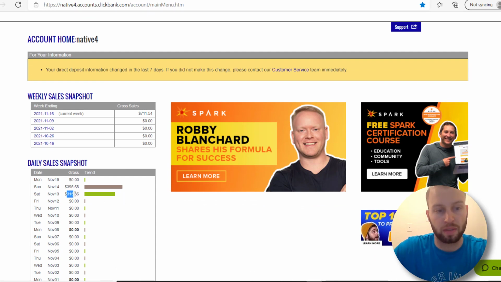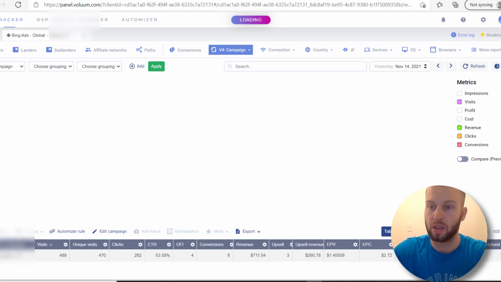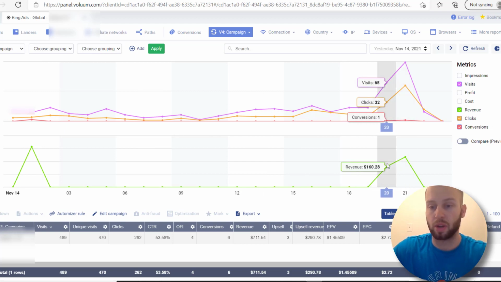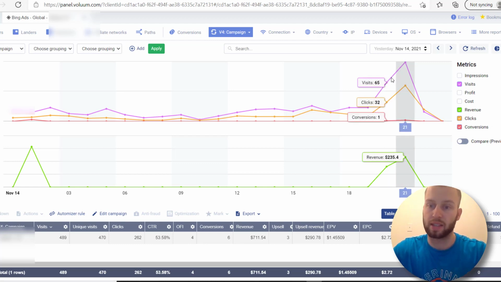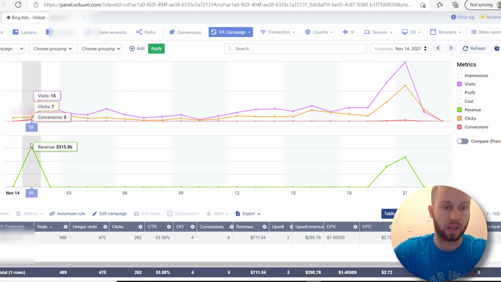Well, this first sale of 315.86 came in on Sunday at 1 a.m. and for some reason it counted that sale for Saturday on my ClickBank account. But when I come into my volume tracking account and I click on chart, you can see that for yesterday, that sale of 315.86 came in at 1 a.m. and then we got more sales later on around 8 p.m. and 9 p.m. Our clicks really took off last night, and that was Sunday night. So that's why it shows 711 for yesterday, which is Sunday, because that one early one just reported for